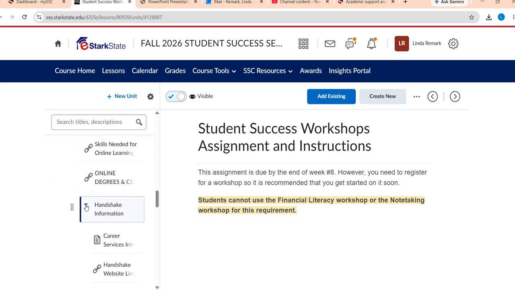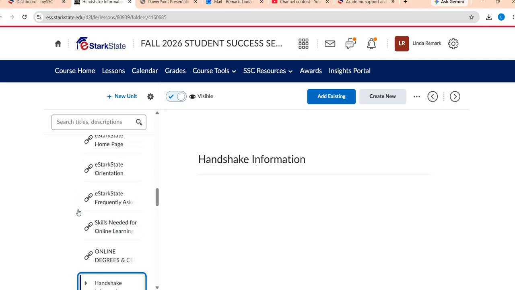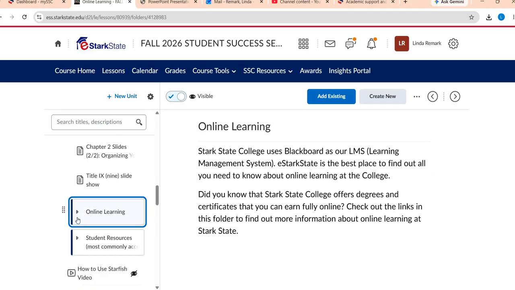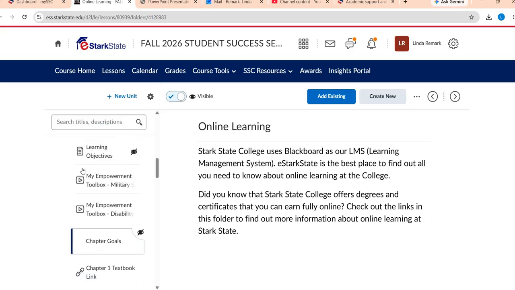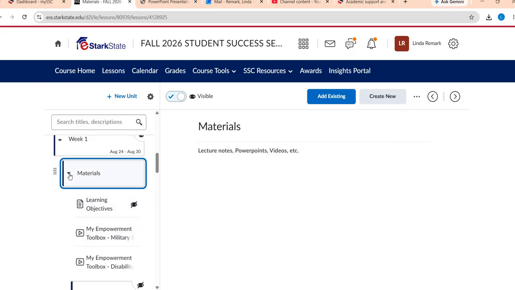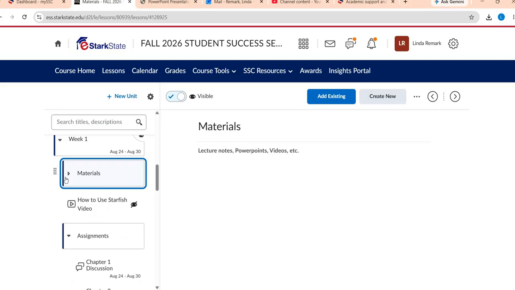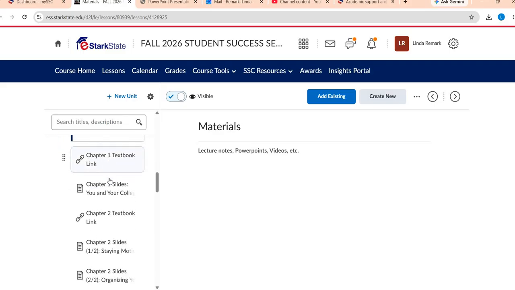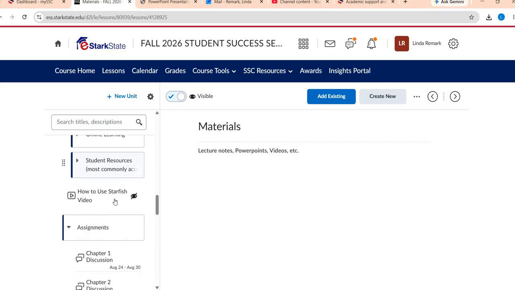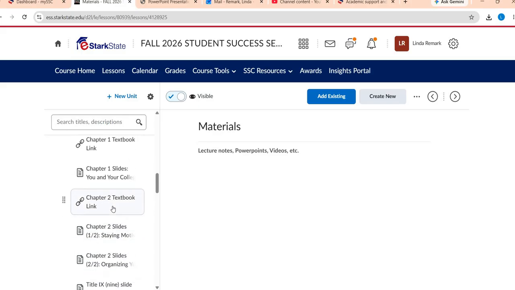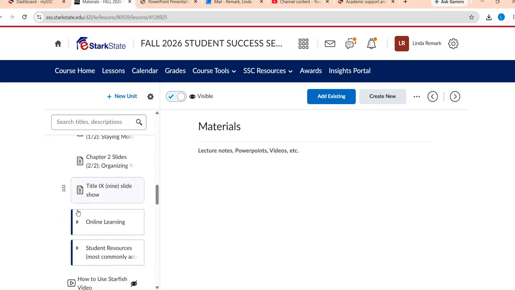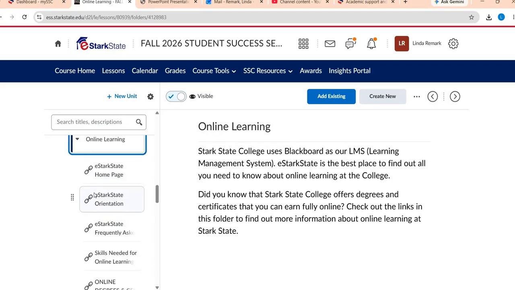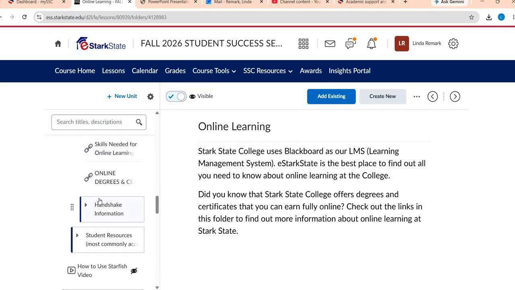Now, underneath, I'm going to show you what it says. There's so many things up here. They're not always this busy, I promise. Inside your Chapter 1 materials folder, again, there's a lot. You will eventually, when you expand it, scroll down and you will see, I think I already actually went past it. I don't even know where it went. Your Handshake folder. I want to make sure that you are, goodness, there we go. Handshake information. There's a whole folder just about Handshake.